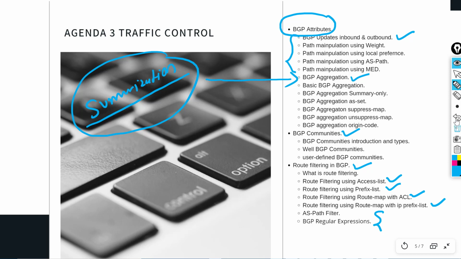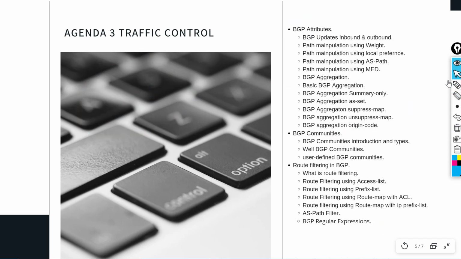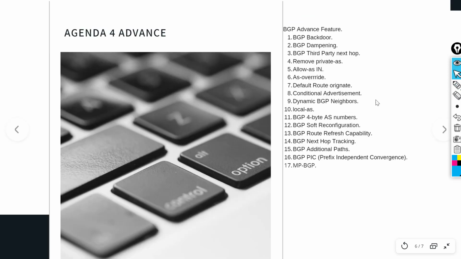Once we have done with traffic control, then we'll go for the advanced section. We are going to talk about BGP backdoor, BGP dampening, what is third-party next hop in BGP, remove private AS, and also remove private AS all. This is a new feature in the 15 IOS version.